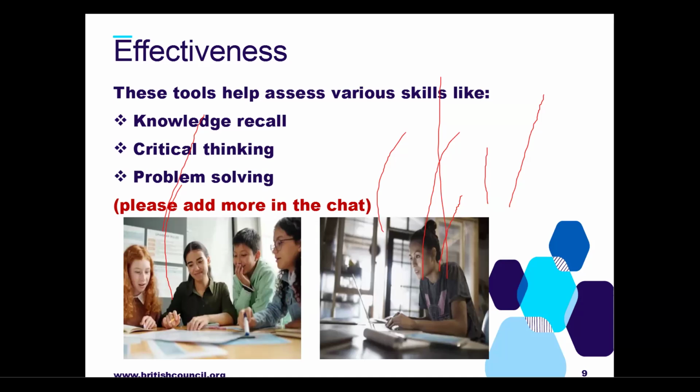Maybe those 5 minutes of summarizing the lesson are very good in using Kahoot so that the learners can reflect. But for those who want to use it at the beginning of the lesson, it is also a good tool because it can help you assess what the learner knows before you start teaching. There's a lot of feedback in the chat box.